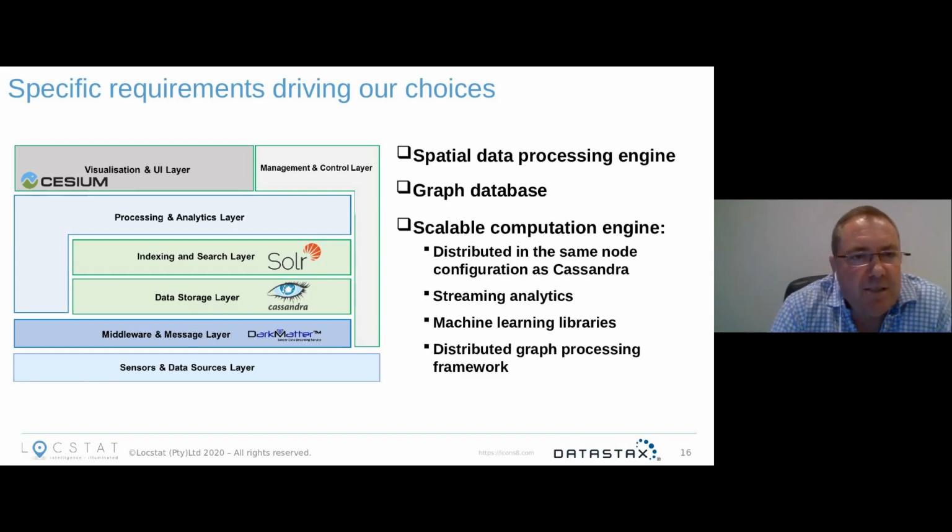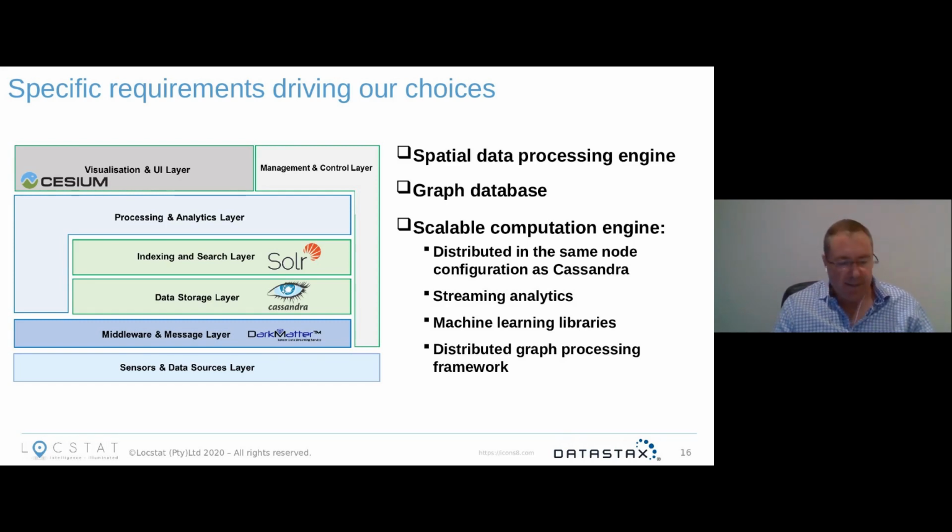What was quite important for us is that we had very specific requirements. The one is that we had to find a spatial data processing engine that would enable us to not only crunch very large data sets, but visualize those data sets spatially with a processing capability that would do that in real time. We had a big need for a graph database. Whatever graphing component or solution we looked for would need to conform to the products we had already selected in the underlying layers, such as Cassandra and Solr. Then, of course, what was critically important was a scalable computation engine,